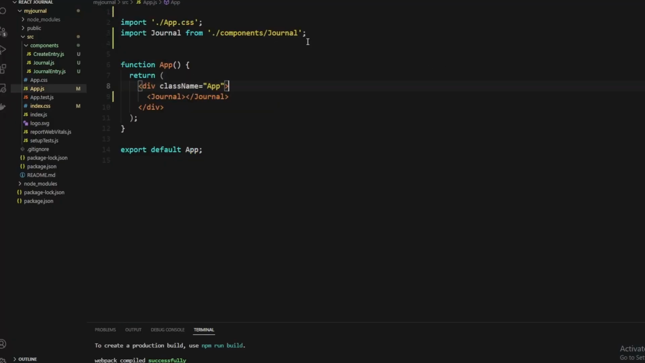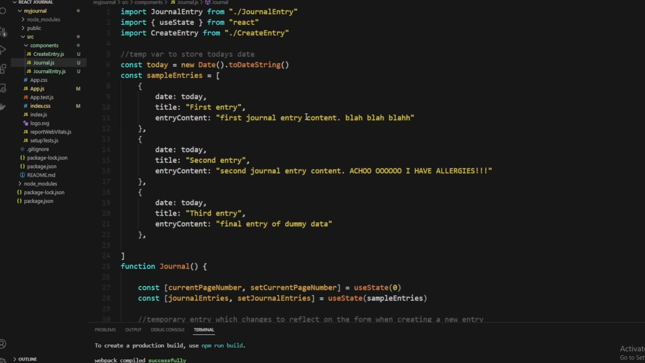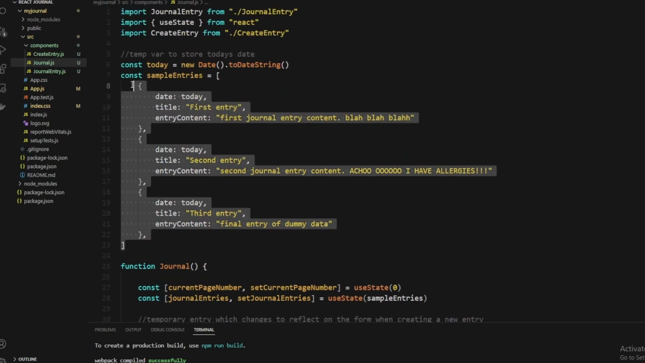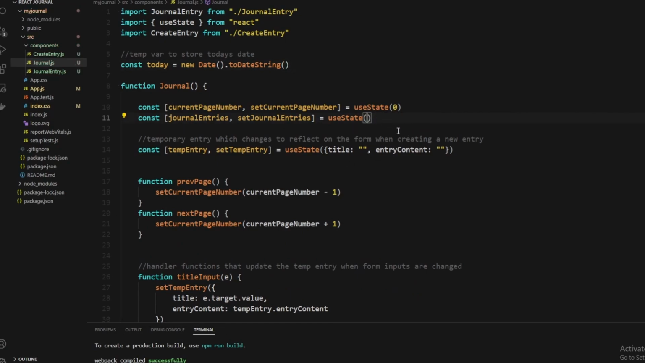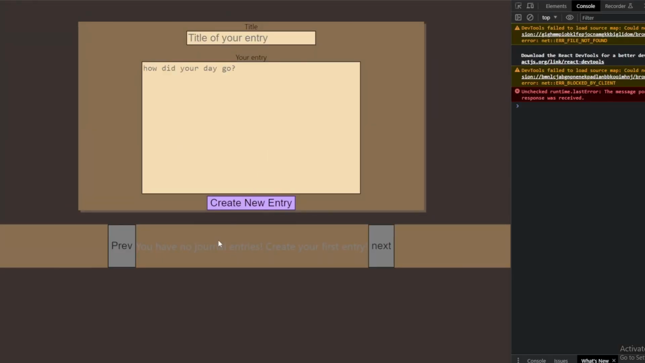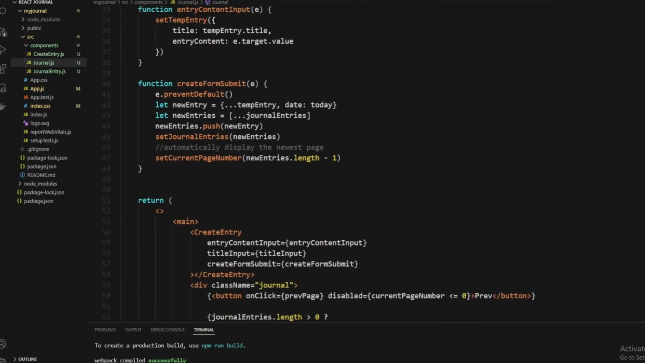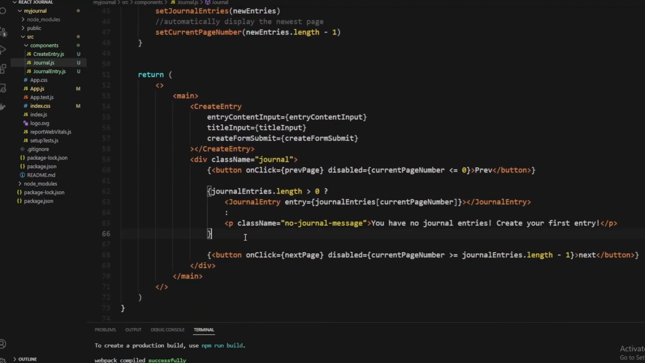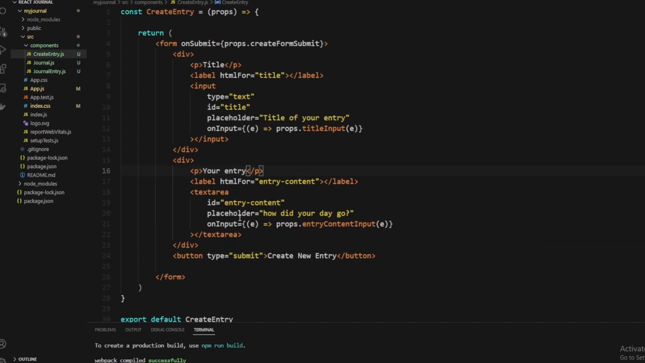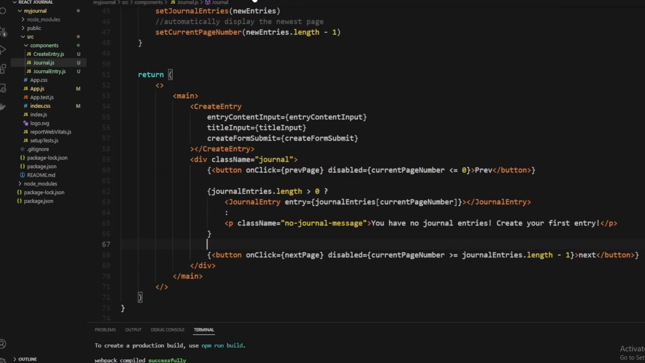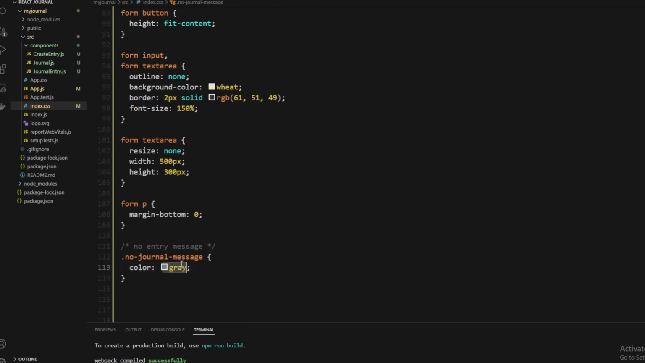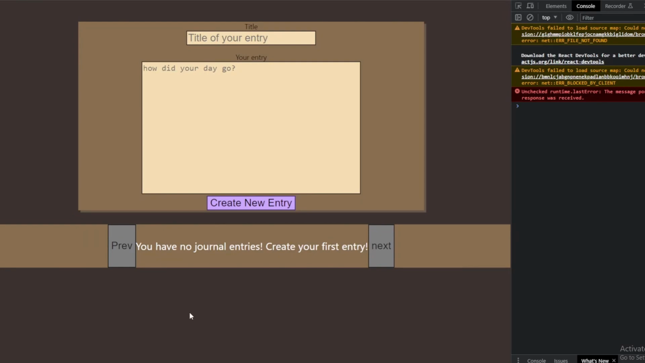So maybe I'm at the point where I will remove these sample entries, and I'm going to put an empty array here, like that. So here, I'm going to just set a title here. I'm going to make the text a bit brighter, in my CSS. Okay. So first, I have no entries. If I do this,